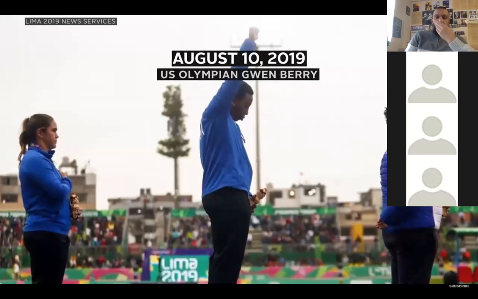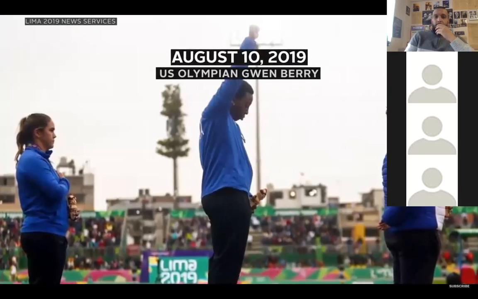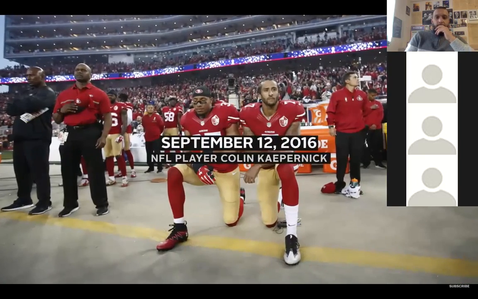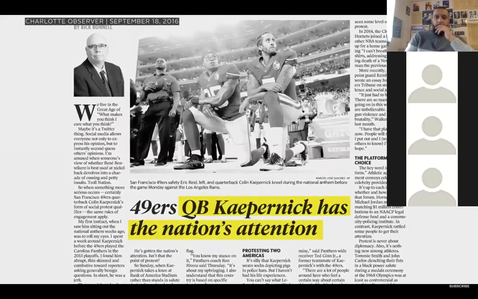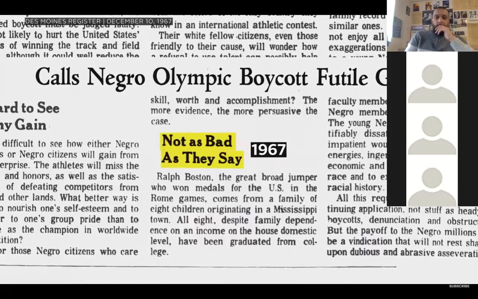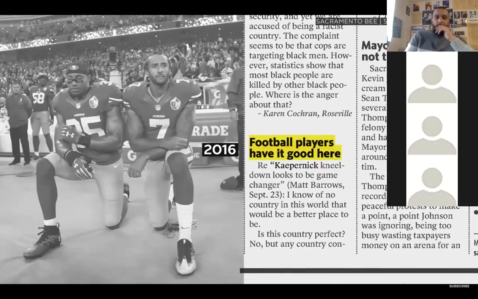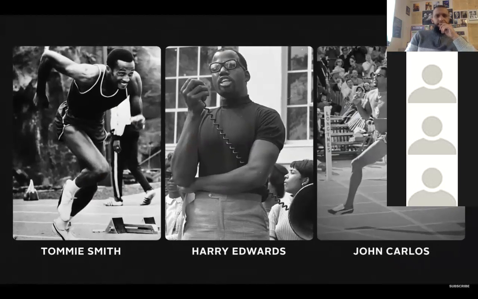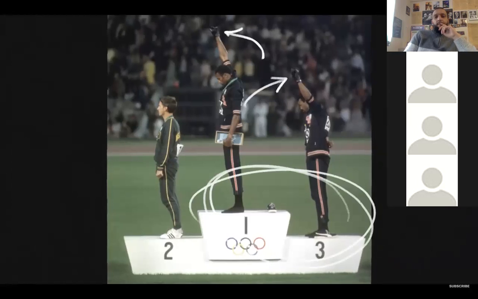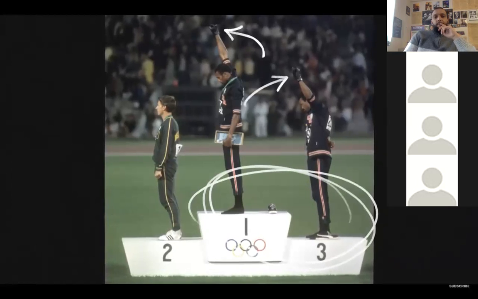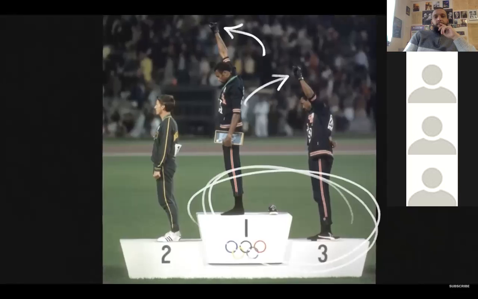Black athletes are black. People have multiple identities. I think Colin Kaepernick is representing a voice in the black community, which is the same thing I think that Carlos and Smith were saying, that the black struggle is more than just about integration and assimilation. It's also about empowering this particular community. And people like Tommy Smith, Harry Edwards, John Carlos came from poor black communities. Which is why this protest on the Olympic medal stand wasn't just about sports, as Tommy Smith explained to Howard